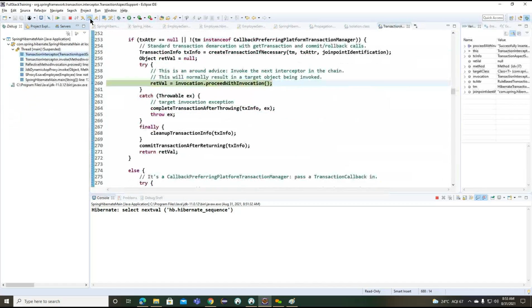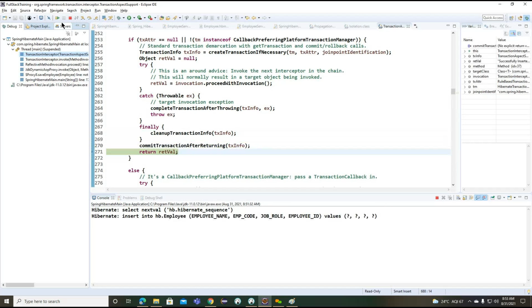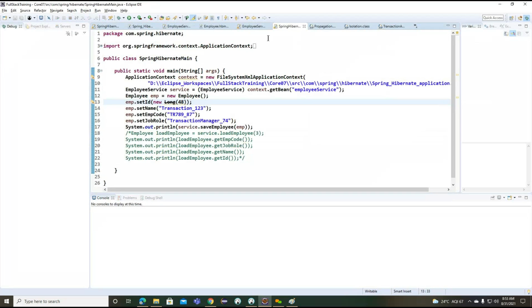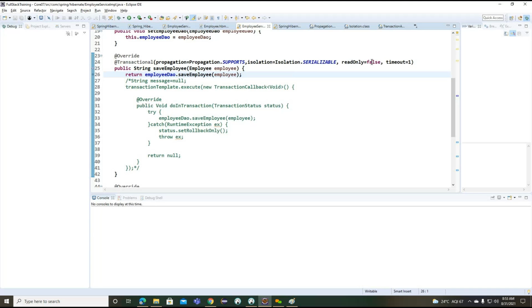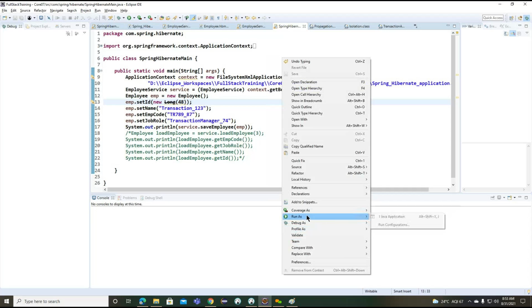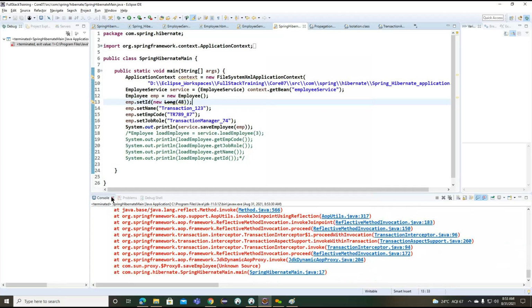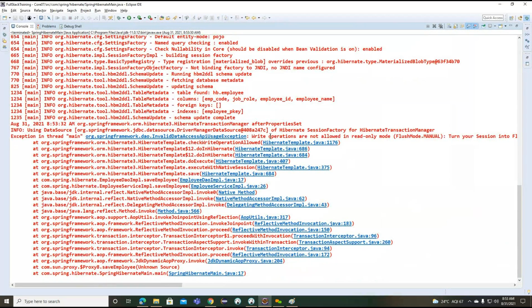Maybe, okay, so still the transaction is committing here. Okay, so instead of doing this, read only two. So this is getting an exception: write operation not allowed in read only mode.